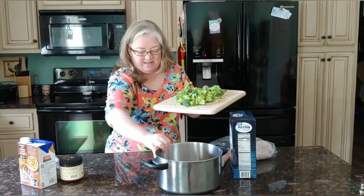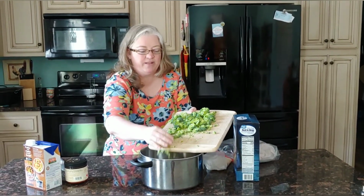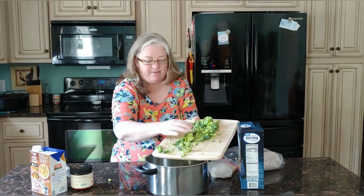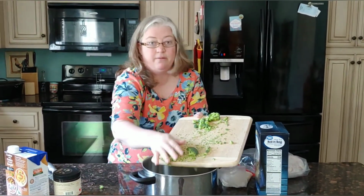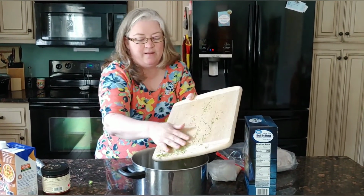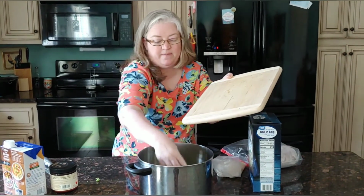Broccoli makes such a big mess when you're chopping it. Y'all got any pointers to keep these little bitty pieces from going everywhere? Ooh, some leaves. You can eat the leaves, I'm just taking them out. I just didn't want them in there. Alrighty. Now,